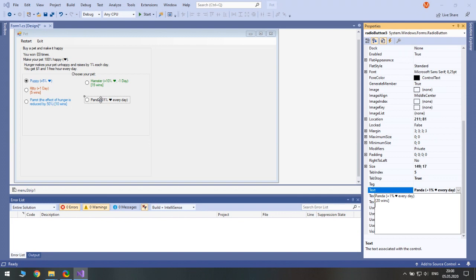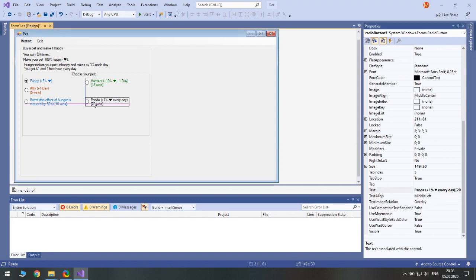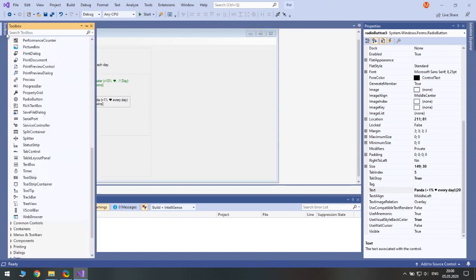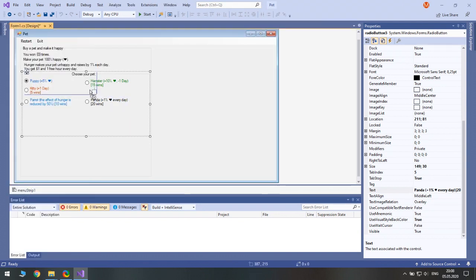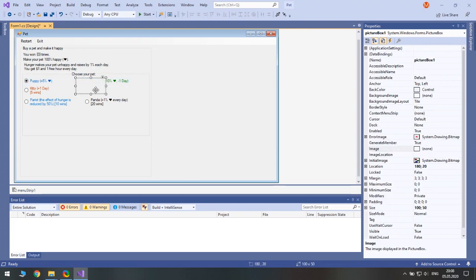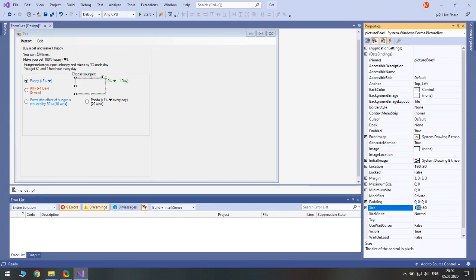Now, I said it is a game for kids, so I think we need some pictures, not only some colors. So we will use a picture box. Here, its size is too big. Let's make it 18 by 18.